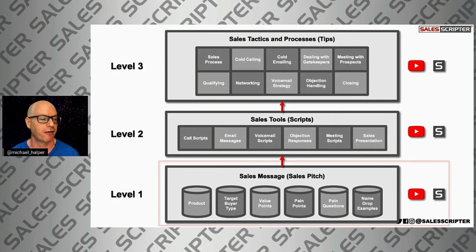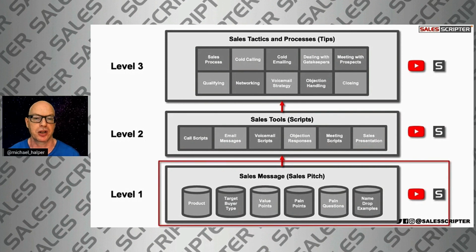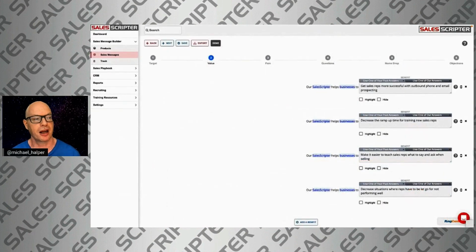For example, to create your sales message, Sales Scripter provides an area called the Sales Message Builder, which allows you to put all of your information in, and it takes you through what is the product we sell, who are we targeting, what is our value, what are our pain points, what are our questions. Now, you could do this in a Word document, but you should actually have more than one sales message for the different audiences that you're targeting. If you do all that in a Word document for different audiences, it can get a little confusing. Having it all in Sales Scripter makes it easy